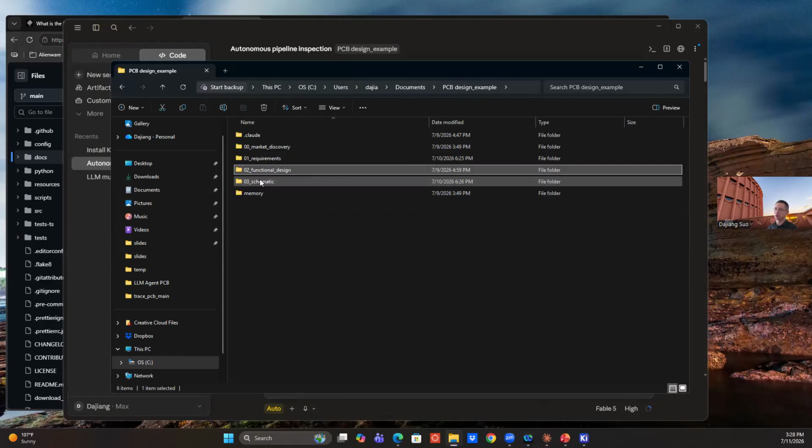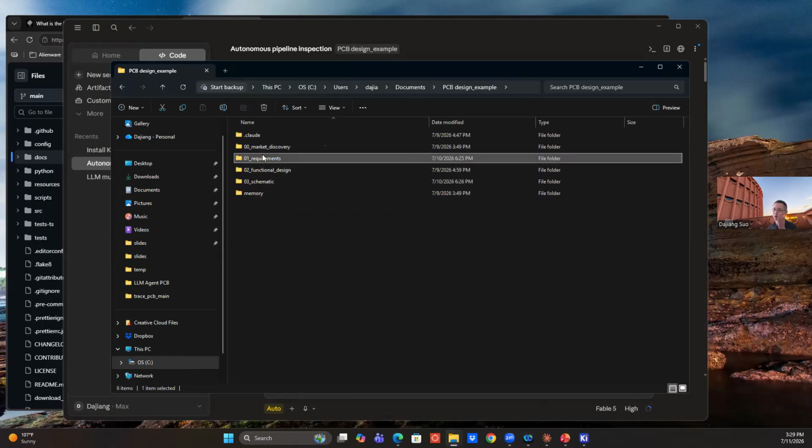So just because I already used Claude to do some design offline, I got a functional design and a schematic design artifact. So don't worry about that. Assuming you have this market discovery and requirements design as a design artifact, what you can do is